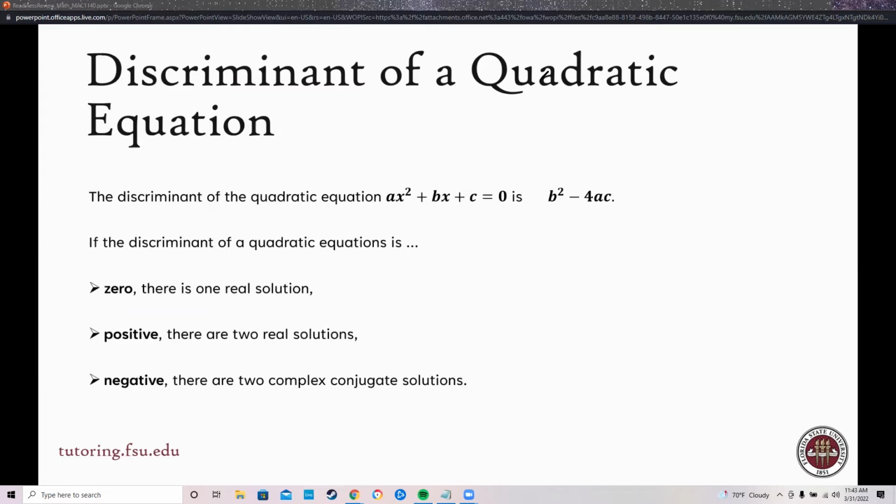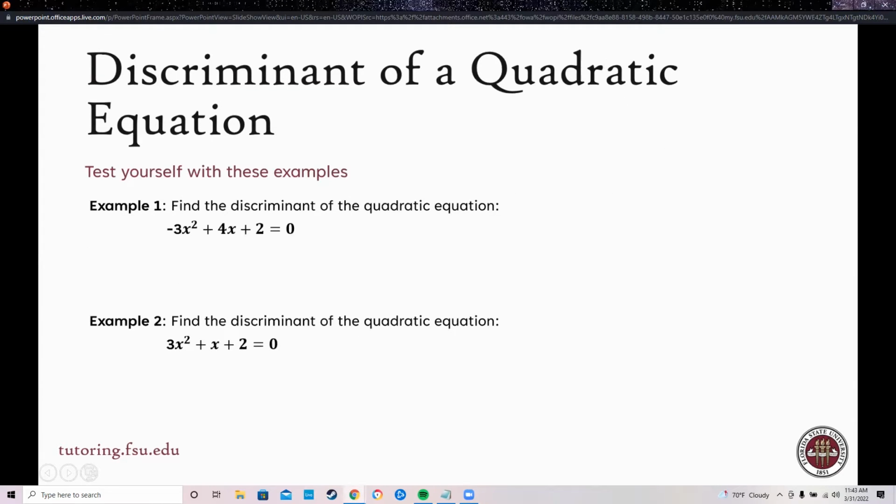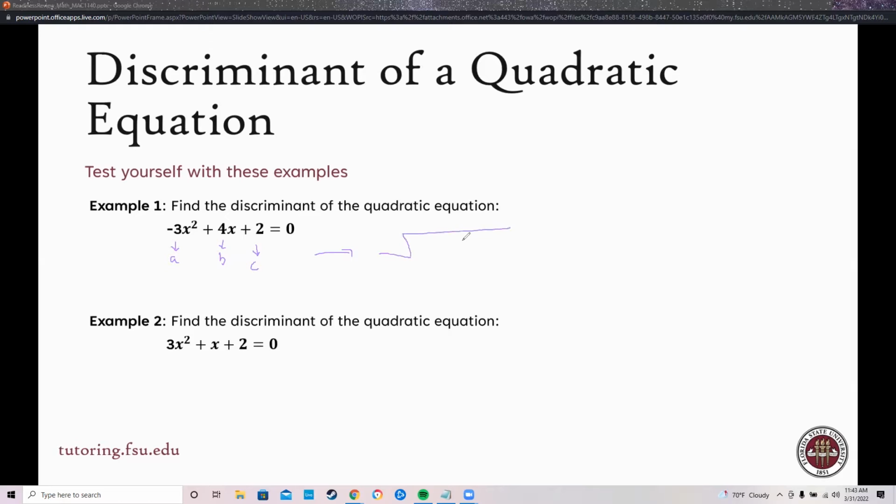So let's practice by solving for some discriminants. So right here, I could identify this as B. I can identify this as A and C. So if I do the square root of b squared minus 4ac, this is the square root of 16 minus 4 times -3 times 2, is equal to the square root of